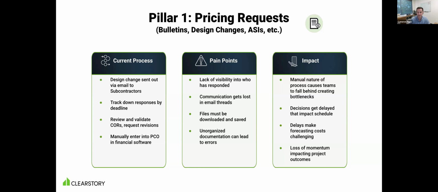And then that's also why we see, which we'll get to in the next pillar in a second, overtime happening more and more at the end of projects, and trade damage because trades are working on top of each other. So all these things are related. And so again, to Greg's point, the faster you can get design changes out, get responses back, review those responses, and present it to your client in a way where they can make decisions,